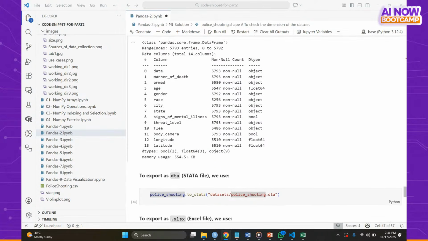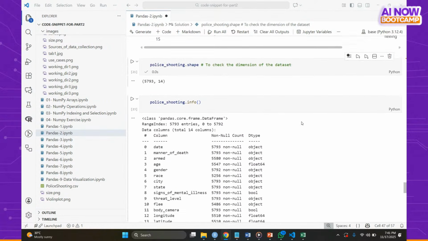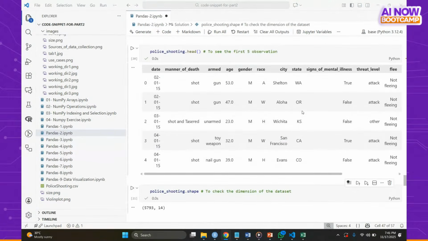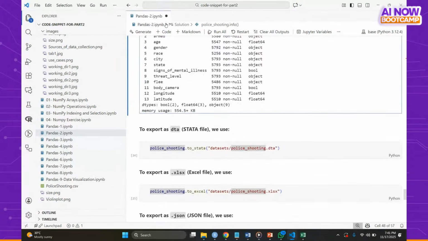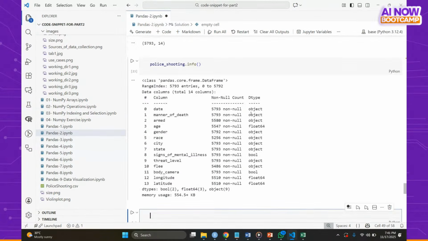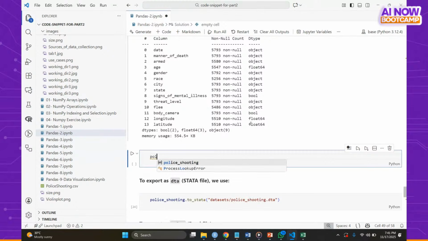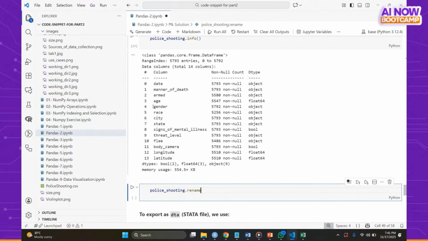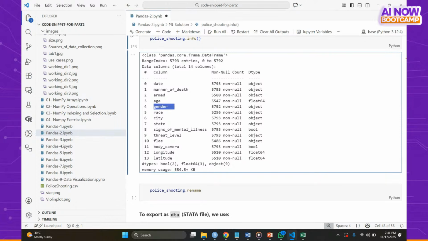So now I have my police shooting data. Imagine, okay, let's do something. For example, let's just rename gender to sex, to rename a particular column. So what we do now is to call on the object police shooting dot rename, right? Can somebody still remember this? So if you want to rename the gender here as sex,